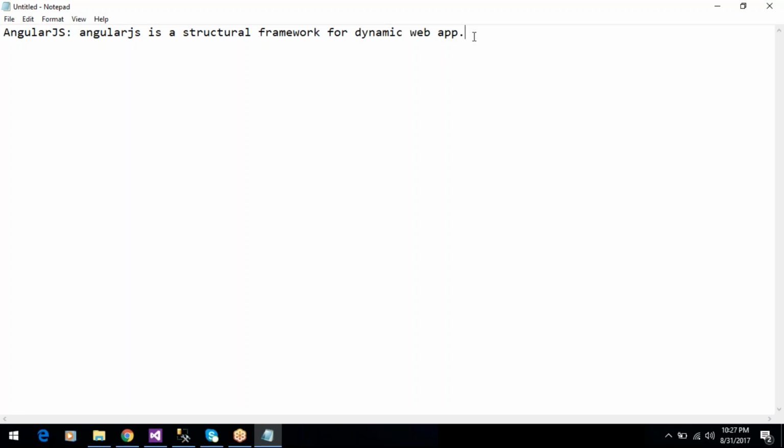So dynamic web application means each and every content should be read from the database only. Okay, not manually. So in AngularJS,